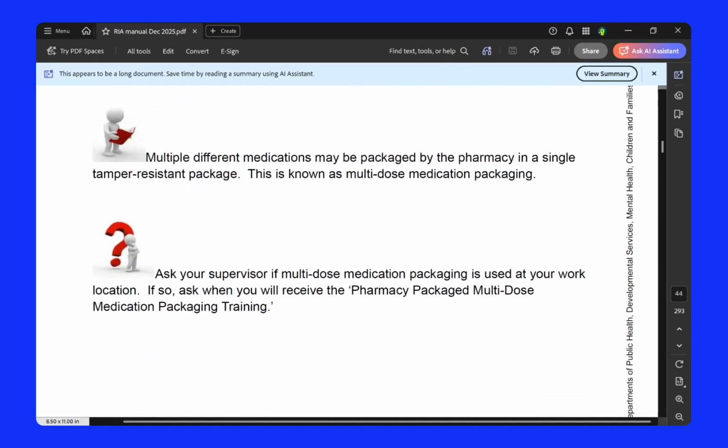Multiple different medications may be packaged by the pharmacy in a single tamper-resistant packaging. This is known as multi-dose medication packaging. So you need to ask your supervisor if multi-dose medication packaging is used at your work location. If so, ask when you'll receive the pharmacy packaged multi-dose medication packaging training. So currently we do not have anybody in a MAP home that uses this type of medication administration. However, it is something that some places are